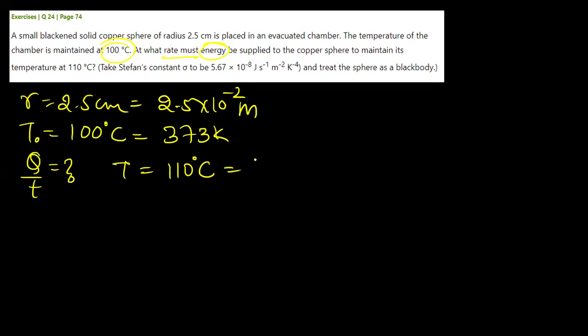110 plus 273 will be, sorry, 110 plus 273. Yeah, to convert it in Kelvin, you add 273. This will be 383 Kelvin. This will be 383 Kelvin. Okay. So when you convert this, when you write this, so Q by T, actually the formula which we have,